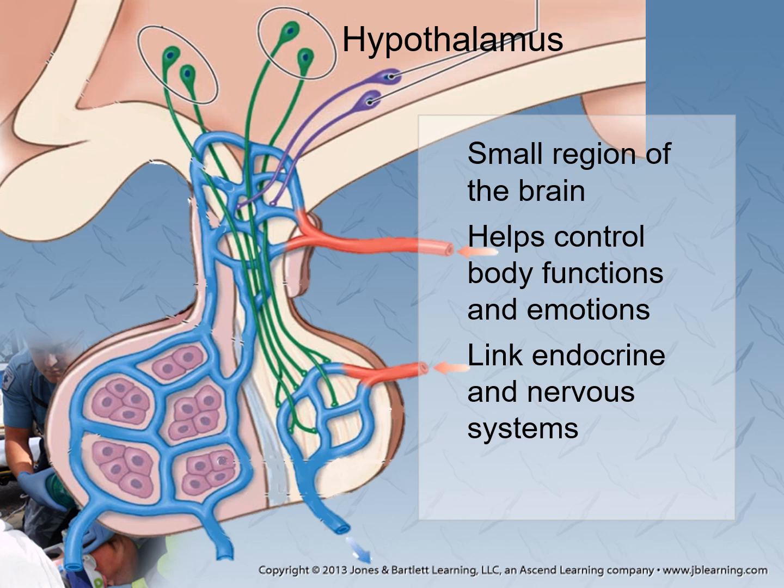It helps control all the body functions. We think about that as the thermostat for the body. It's also recognized as the switchboard for the brain. So all of the signals come up through here, and the hypothalamus basically says, all right, this is going over to this area of the brain, this is going to go over here, this is going to go over there. So as signals come up, boom, it goes through the hypothalamus, and that's the switchboard saying, all right, you're going here, you're going there. It also has complete control over the pituitary.